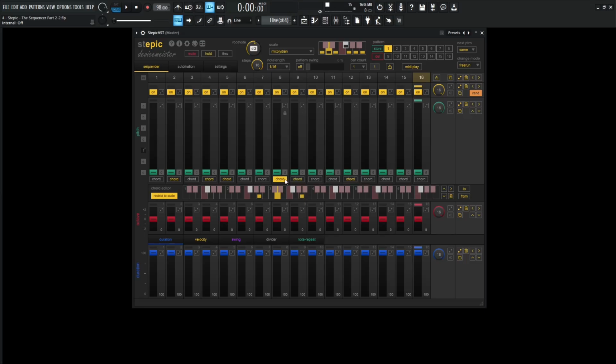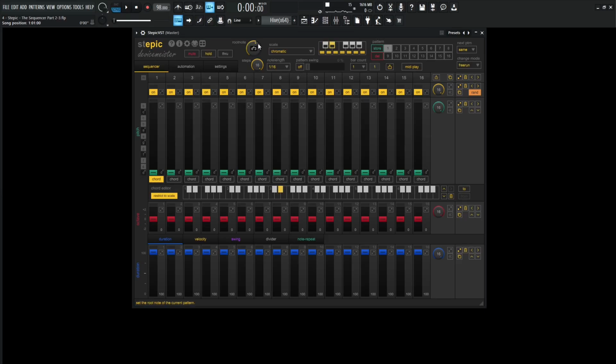And then there we go. Step 8 and 9 are now going to be identical. Another very cool feature about the chord editor is that the green pitch sliders will affect our chords by transposing them. Let's delete this pattern here, go back down here to D mixolydian, and then on our first chord,